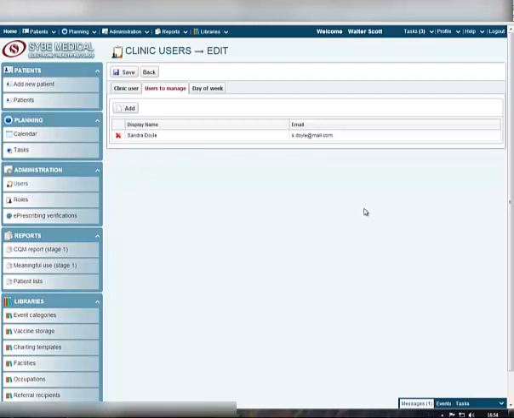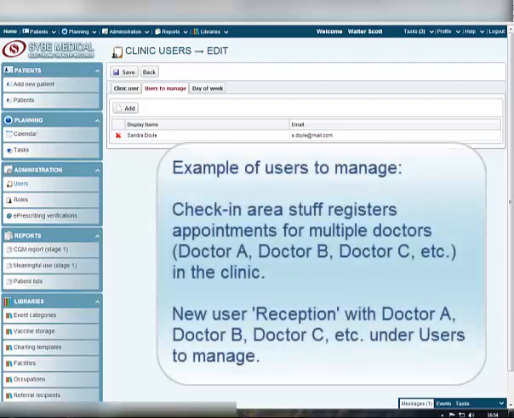One of the examples when you will add users to manage may be when, for example, a clinic user working in the check-in area and registering patients' appointments should plan and schedule these appointments for multiple doctors. In such a case, we should create a new user named Receptionist and then add those doctors whose timetable this receptionist